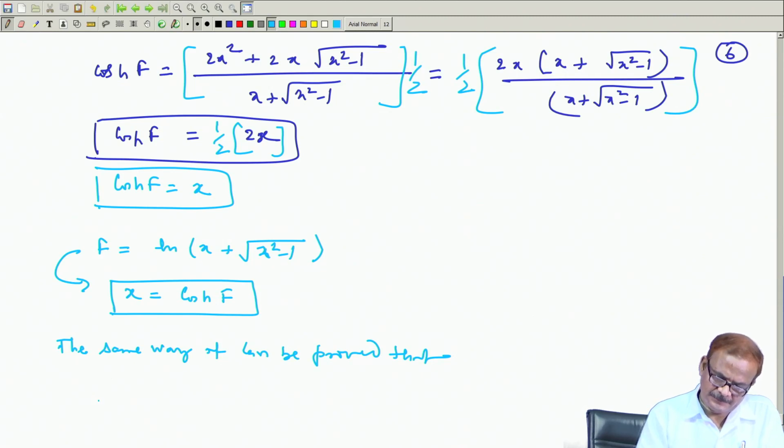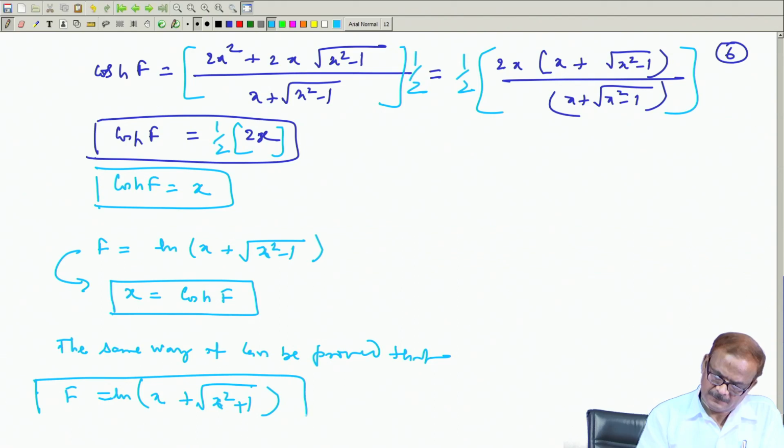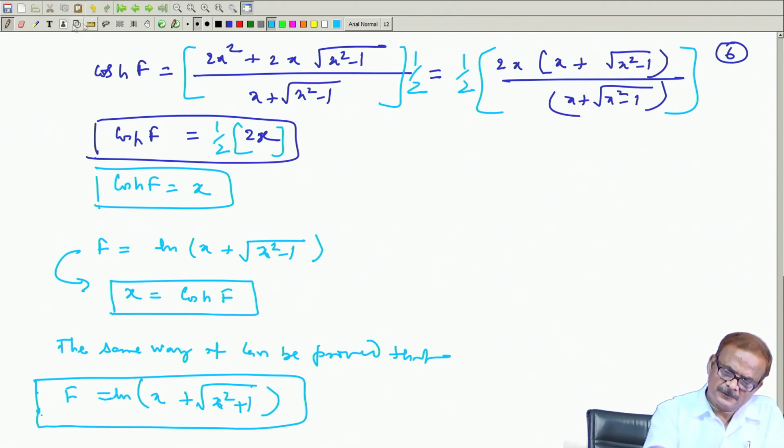another expression. So, let us say we write in terms of sine hyperbolic f, this equal to, or we write in a different way a little, ln of x plus under root x square plus 1, this quantity we can write as f, or you can use a different notation, maybe if you write in terms of y,